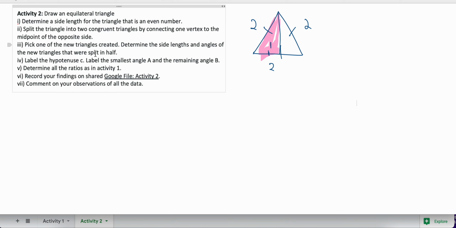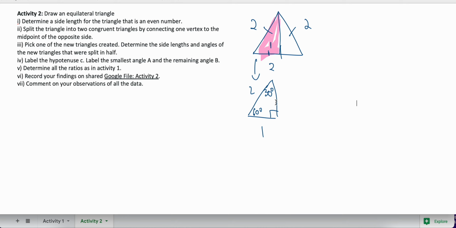So I'm just going to redraw this. So that's 2, 1. Here this would be 90 degrees. Okay, so the side length and the angles. Well, the equilateral triangle, we should know that to begin with all the angles would have been 60 degrees, but we split this one in half at the top, so that's 30 degrees. Okay,